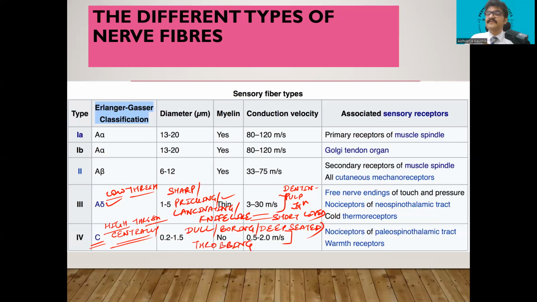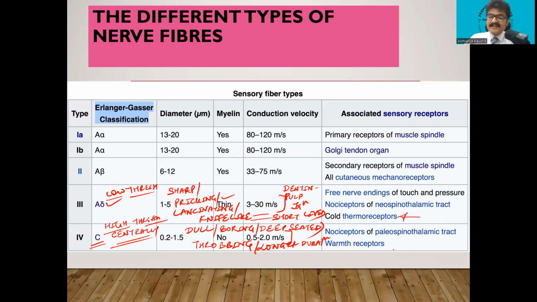Please remember, all of these are MCQs. All of these words are MCQs. Throbbing pain, longer duration pain. The next important point written in the chart here, in the diagram here, they are A delta fibers are more